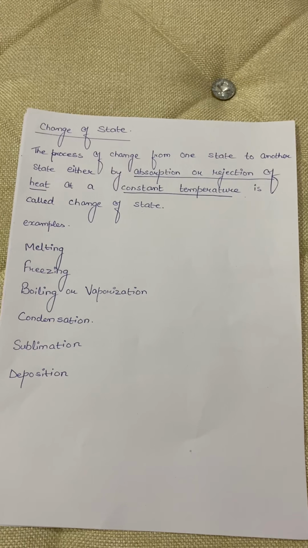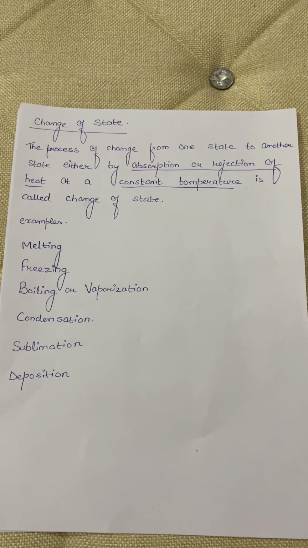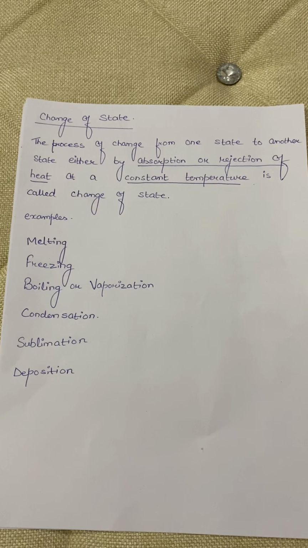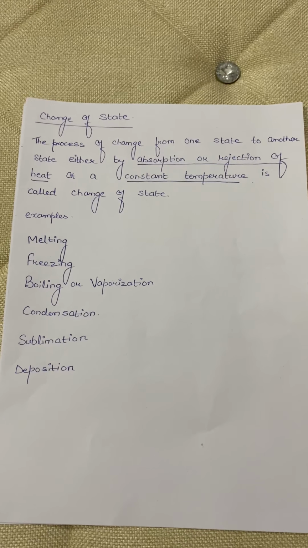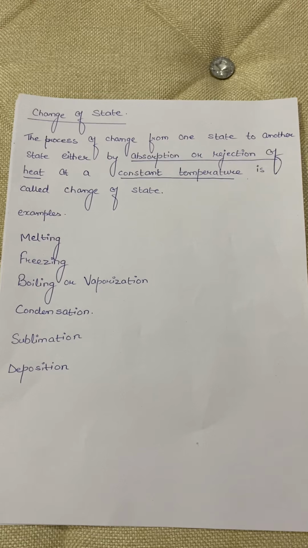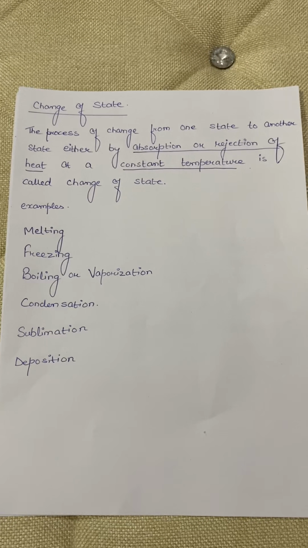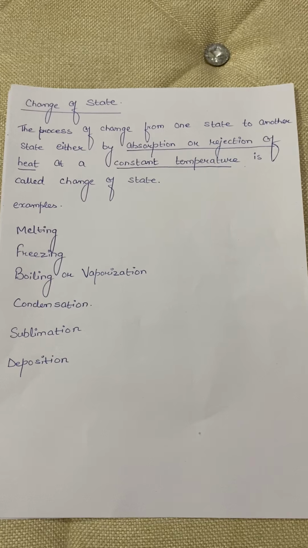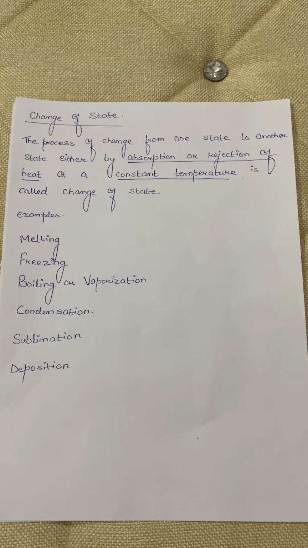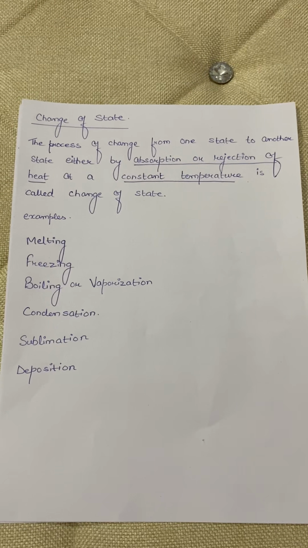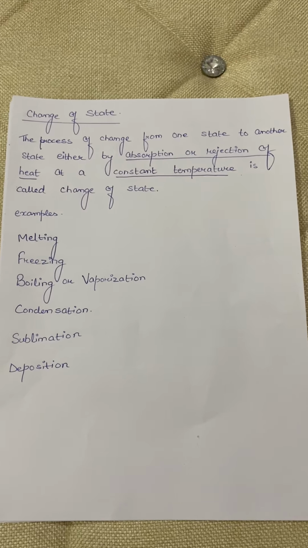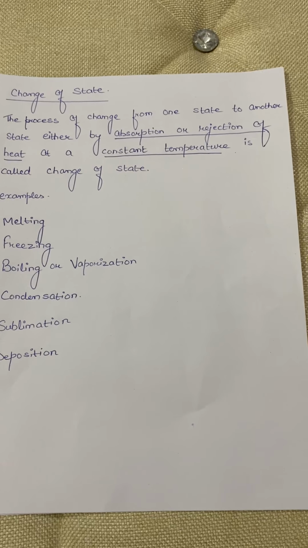Then the question arises, what is the purpose of that exchange of heat with the surrounding? Actually, the heat energy which is exchanged with the surrounding, either absorbed by the substance from its surrounding, or liberated from the substance into the surroundings, is basically used to rearrange the molecular structure in that particular substance, and therefore the temperature remains constant. This is the reason why the temperature is always constant when a change of a state is taking place.